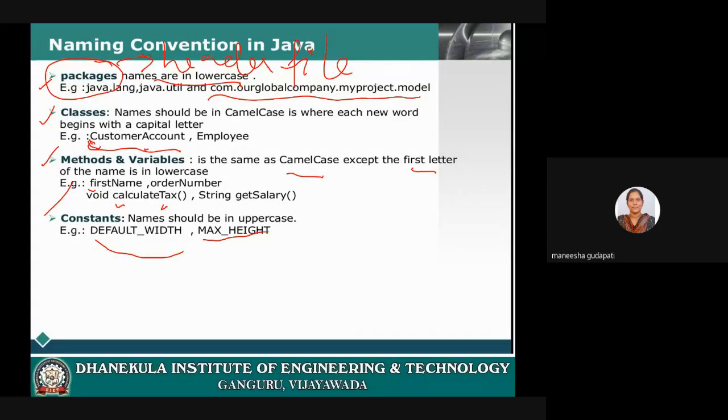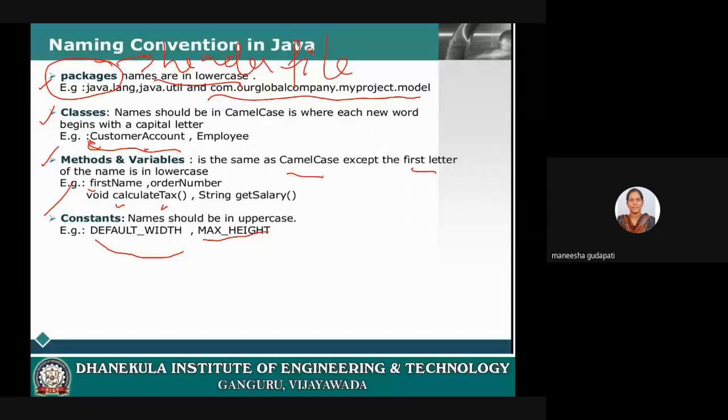Got it? If you have packages, what do you mean by package? A package is just like header files in C. If you are creating your own package, all the letters in the name should be in lowercase. For a class name, each word's first letter should be capital and the rest of the letters in that word should be lowercase. For methods and variables, the first word should be in complete lowercase, with no letter in capital form.